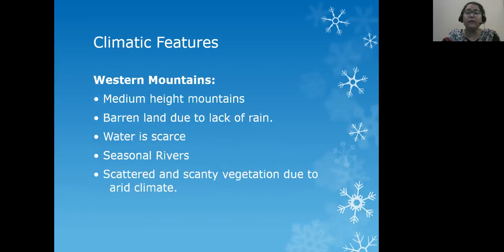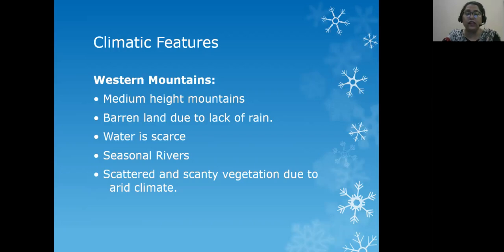In the Western Mountains, water is scarce. It's mostly dry. Some of them are cold while some are dry. Due to lack of rainfall, water shortage is common. Seasonal rivers can be found, which may form temporary lakes.